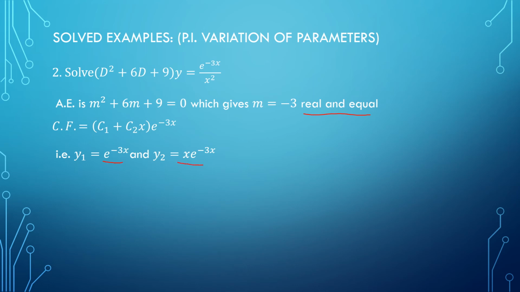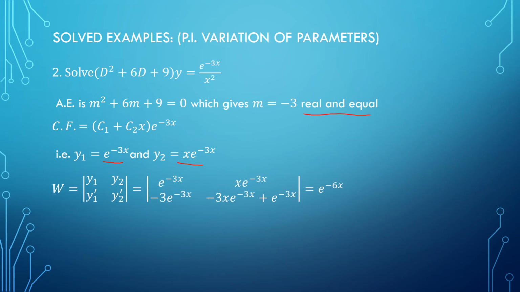So when there are repeated roots, I can have one function as e to the power minus 3x, another function as x e to the power minus 3x. And hence, accordingly, I can get the Wronskian. Wronskian may not be a number every time. We can get an expression, but whatever it comes, it will simplify our integral when we go for finding u and v. Right now, my Wronskian turns out to be e to the power minus 6x. We can see phi x is e to the power minus 3x upon x square. Let us try finding u and v now.